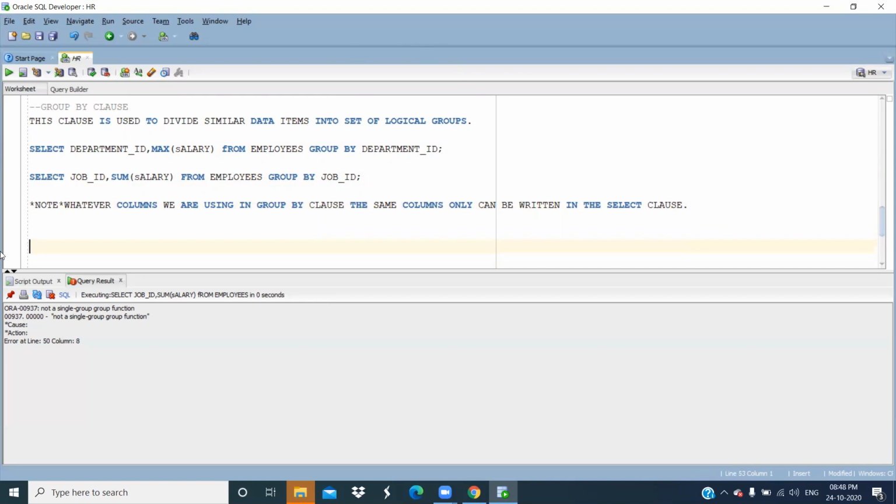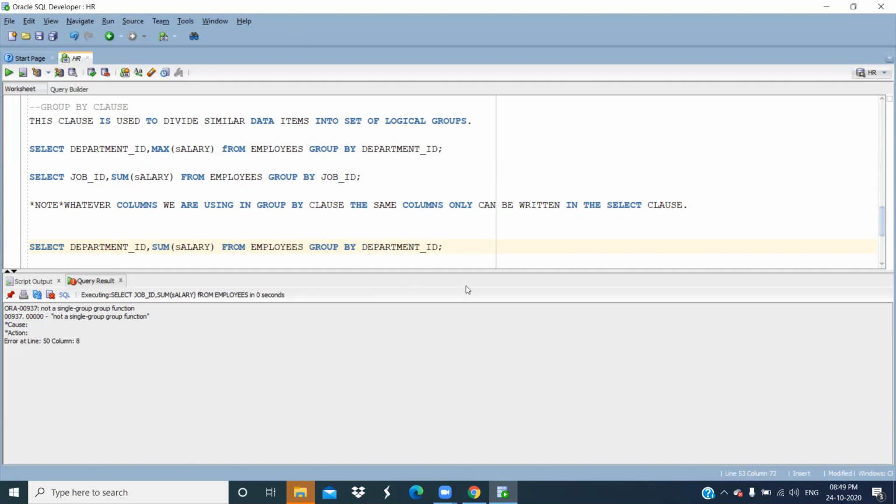Now, suppose I want all the departments whose sum of salary is more than 50,000. See, I'm writing select department ID, comma, sum of salary from employees group by department ID.